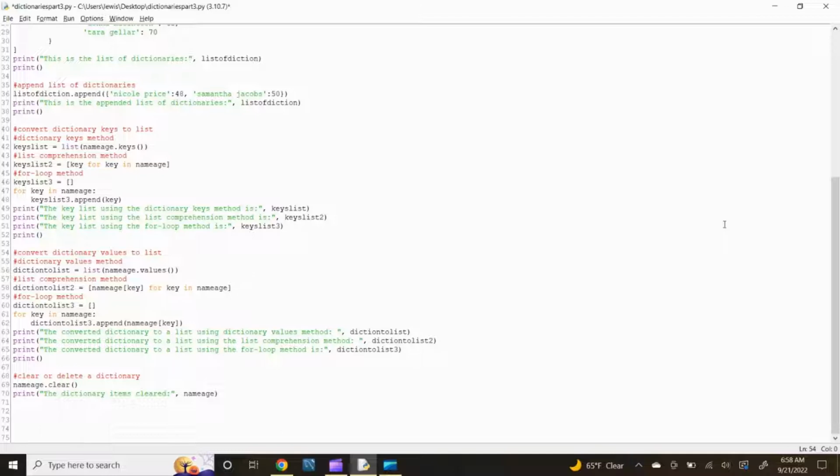In our 15th operation we will convert dictionary values to a list. This operation can also be accomplished by 3 options. Our first option is to use the dictionary values method. Type diction to list equals list, open parenthesis name age dot values, open parenthesis, then close the parentheses twice and